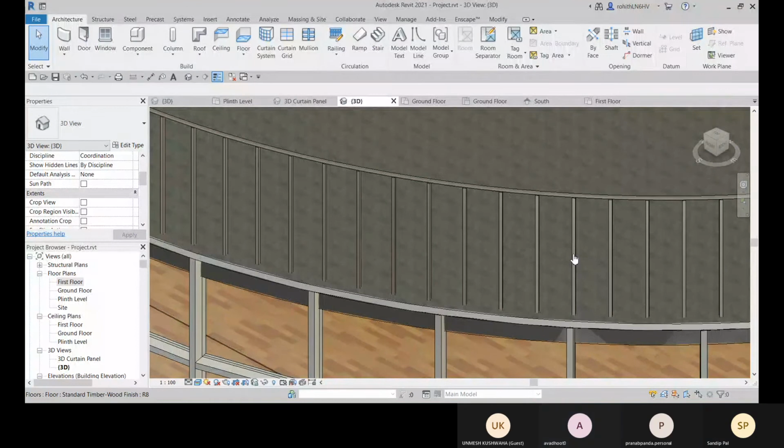Yeah, tell me. So how can we provide the slope of the staircase? Slope of the staircase, means I didn't get you. Staircases in building. So we can generally create the staircase, right? So as per the level, it will be created as per the height. It will be defined as per the height and the number of steps. I will show you.